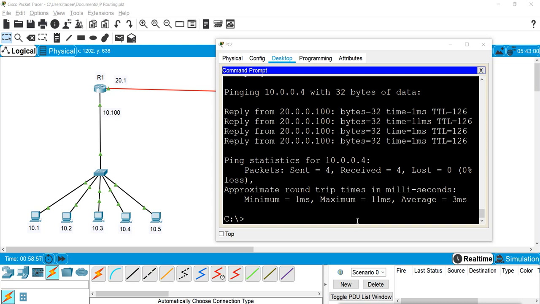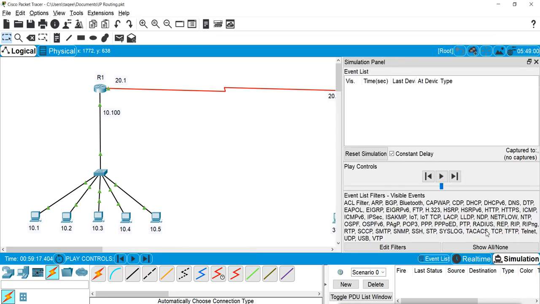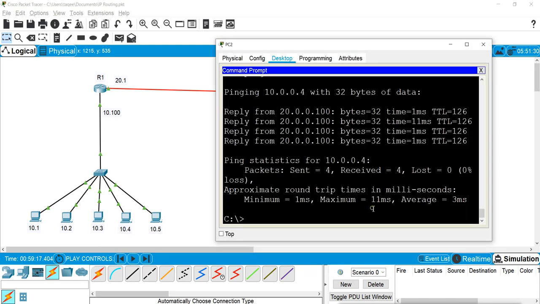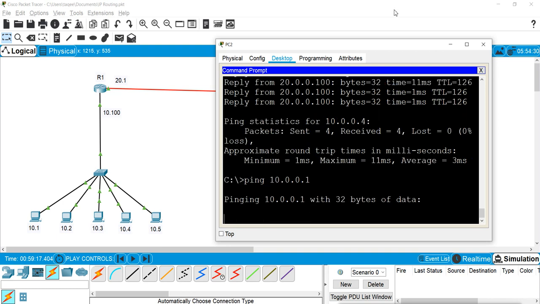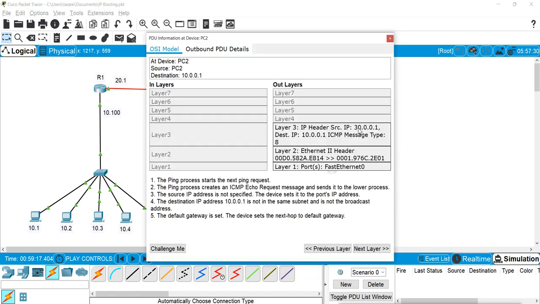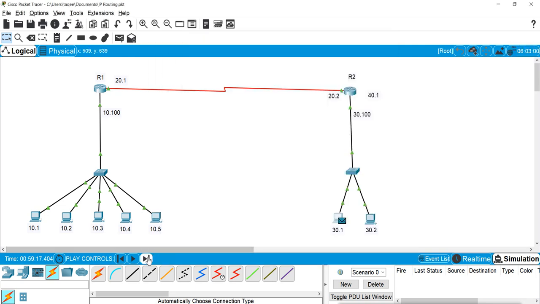Now here we are not able to see the port number which it is using. So we can check it by using the simulation mode. So I will enable the simulation mode. And I will try to ping first 10.1. Now if you see here, packet is ready to send, and what it is going to be for this IP. Okay, and here also we are not seeing any port number, so we are not able to see the port number translation here.